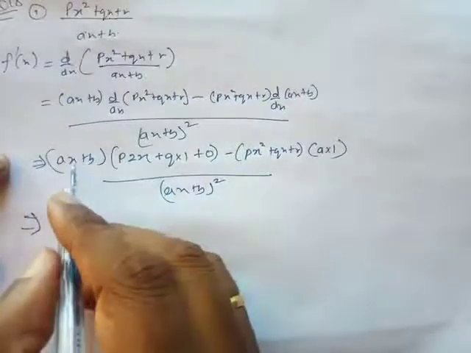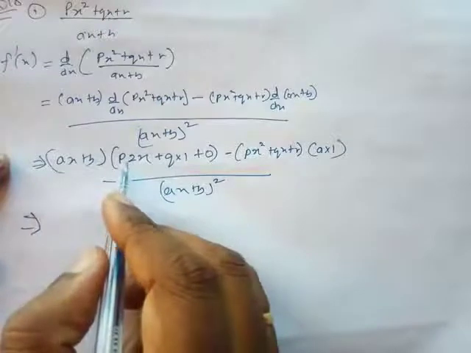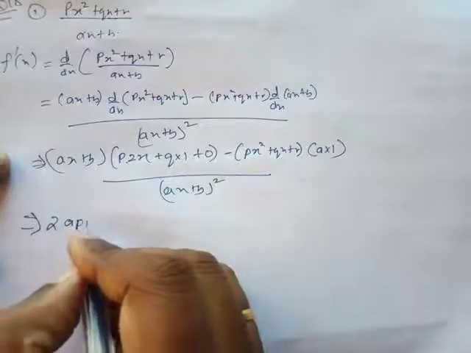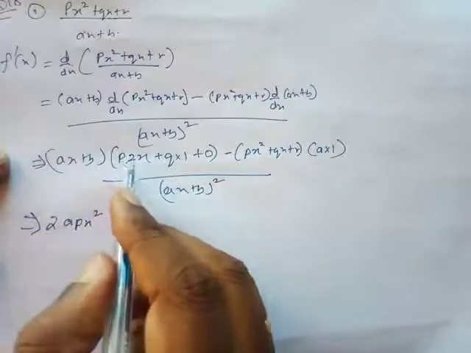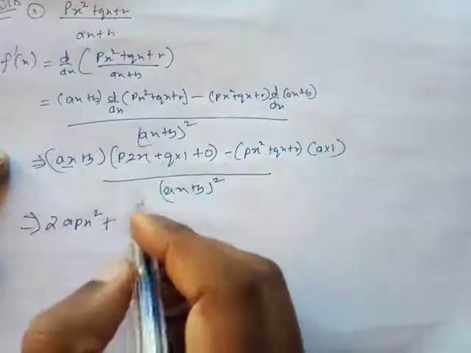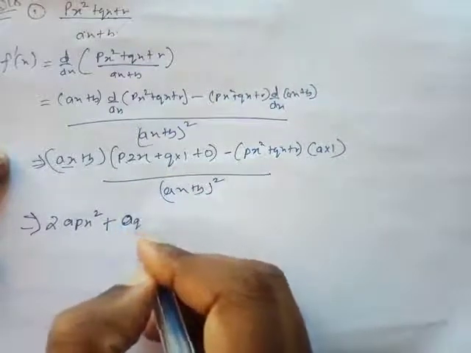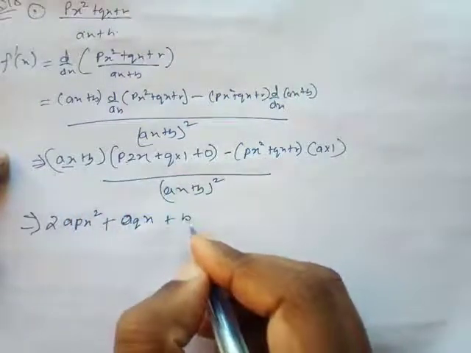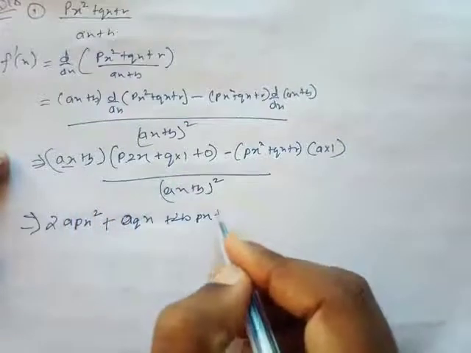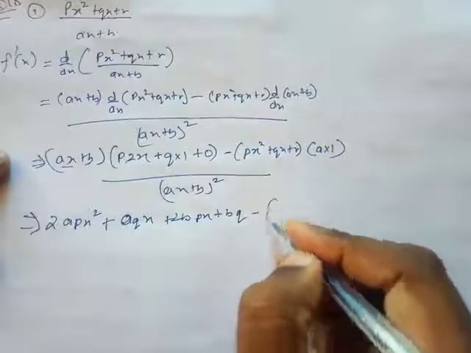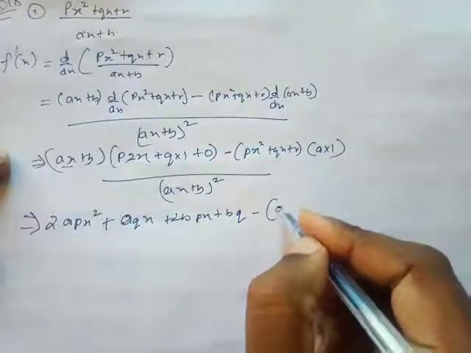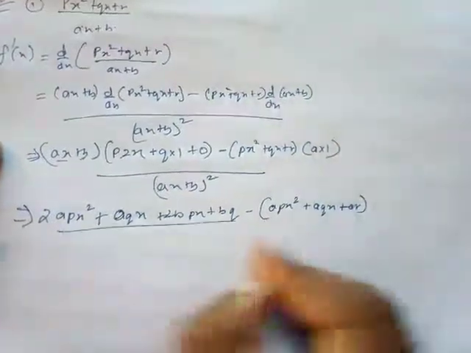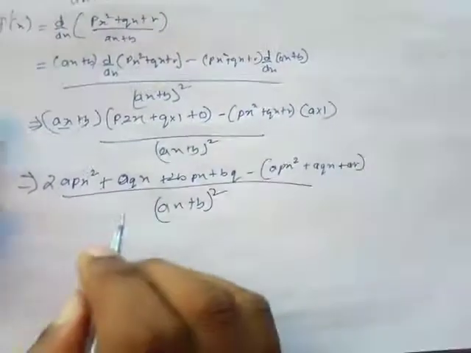So it's going to be, this is going to get multiplied by this, so ax multiplied by this, you'll be getting 2a, I'm writing in alphabetical order, 2a p x square, plus the same thing is going to get multiplied by this, that is going to be a q x, and this one is 0, leave it, then b is going to get multiplied by this, so it's going to become b 2b p x, b is going to multiply by this, bq, now minus, and this a is going to get multiplied by this, so it's going to be a p x square plus a q x plus a r, upon ax plus b whole square. I hope you guys are getting it.